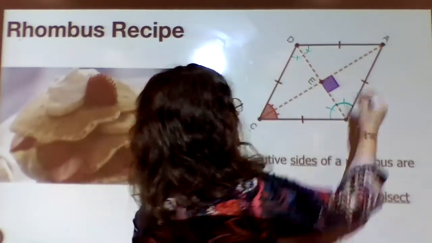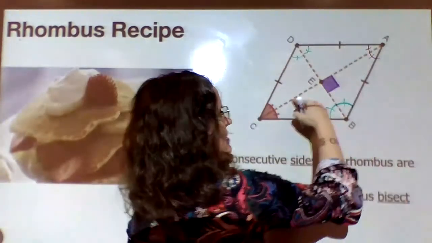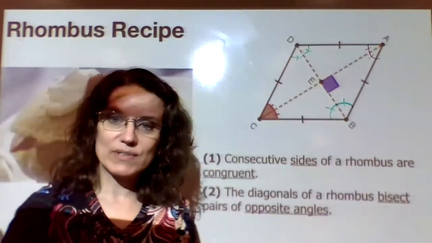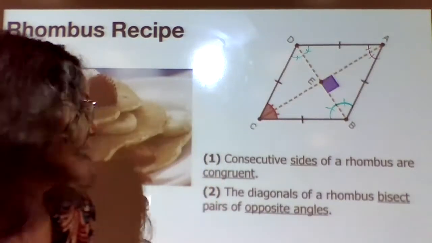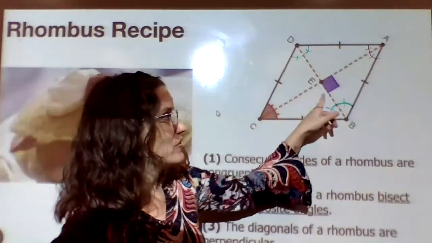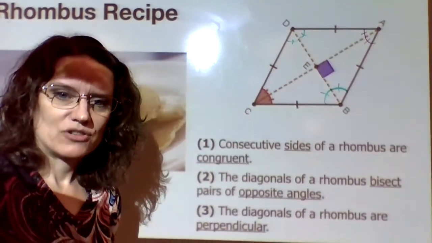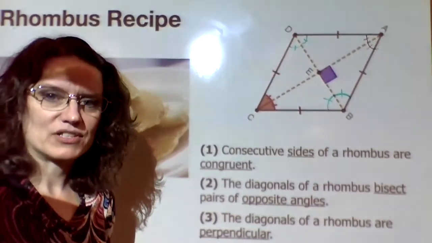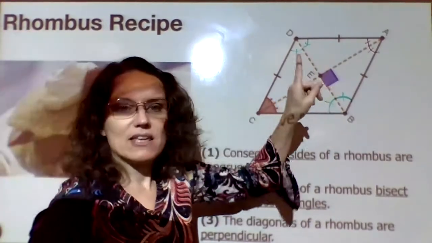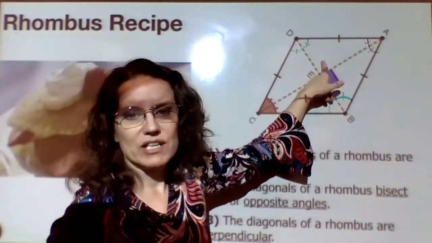And then this one in this upper corner is also bisected by that diagonal. So the diagonals are doing some bisecting. Good times are happening. But for another really good time, the diagonals also are perpendicular to each other. Make sure you can see that down there at the bottom of the screen. They're perpendicular. So the diagonals of a rhombus are always going to make right angles here, which again, you can